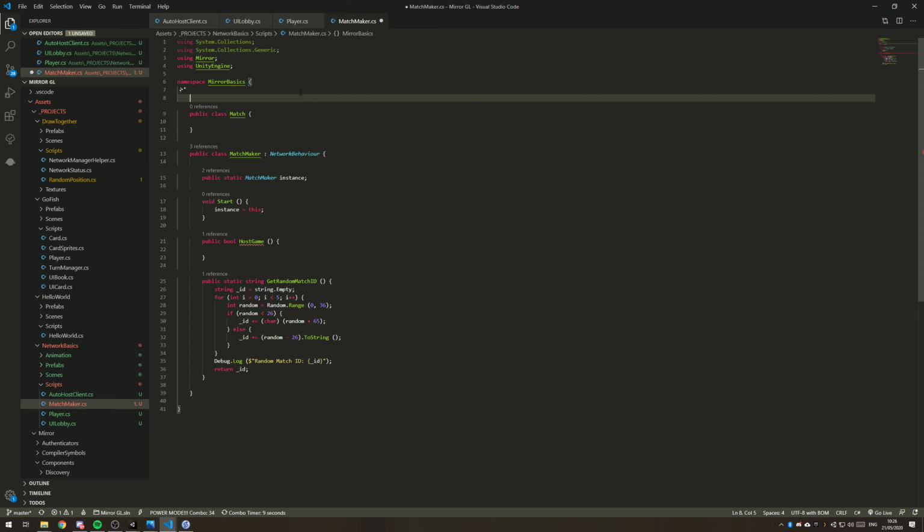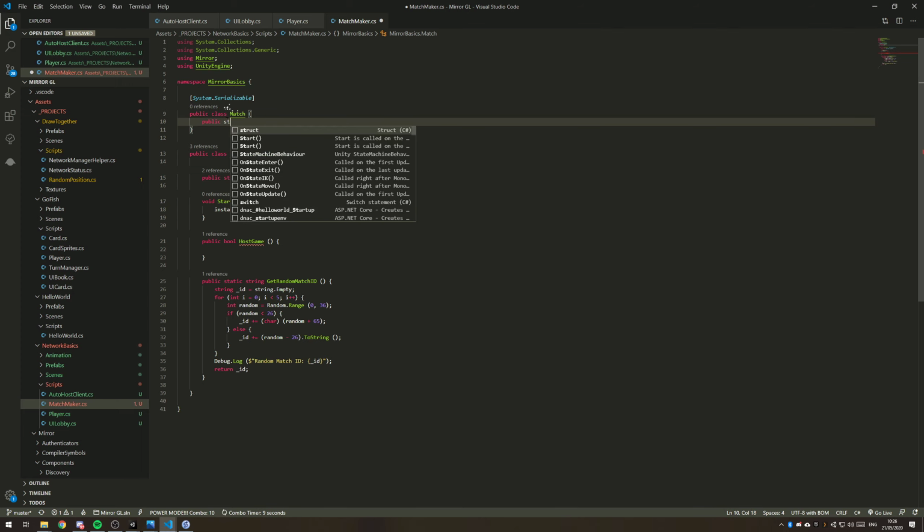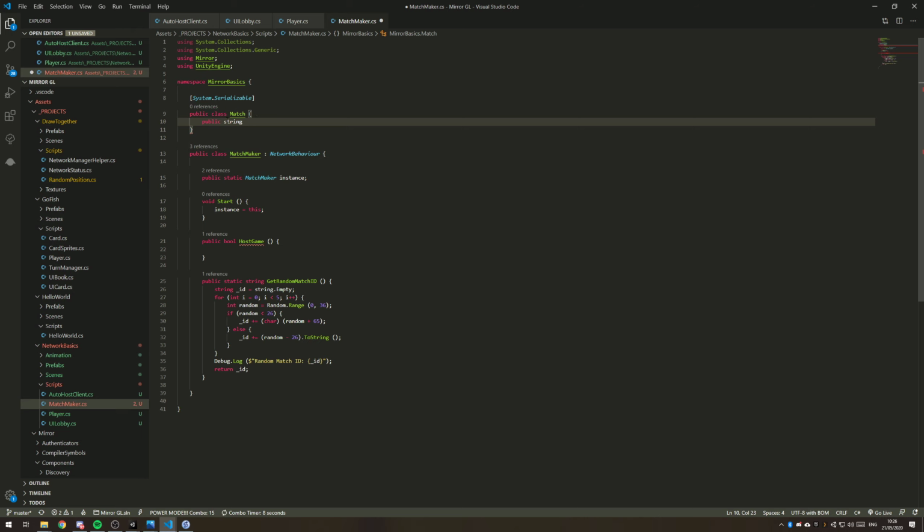Okay, and we'll just make this System.Serializable. It does need to be System.Serializable if it will be network compatible. Okay, then we're going to have a public string for the match ID,